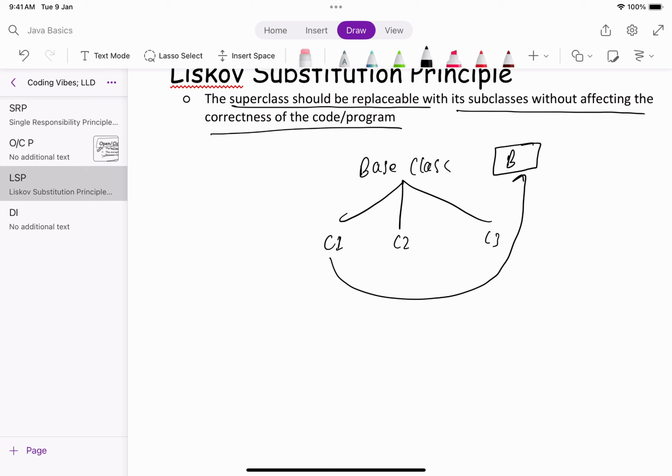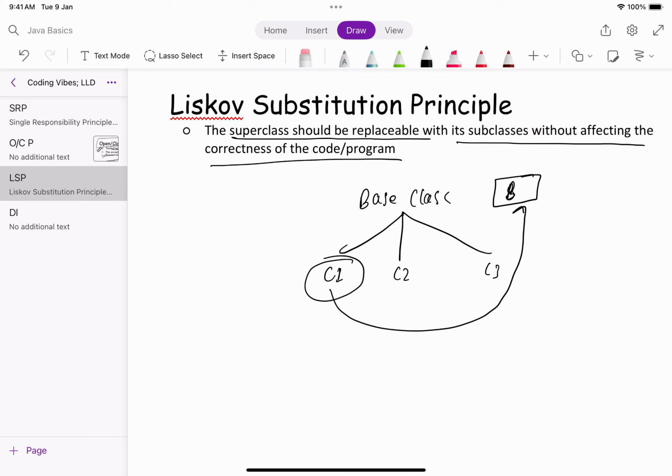So wherever we have used this particular base class or superclass, we can always change it to its child class, let's say C1, and the code should function as it is, like there should not be any error. So this is the Liskov substitution principle.